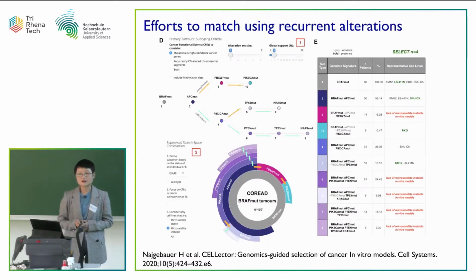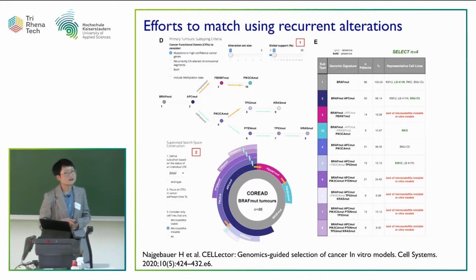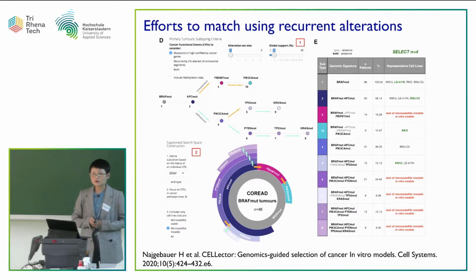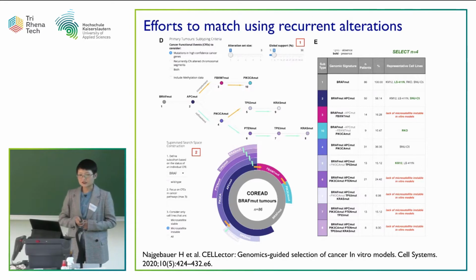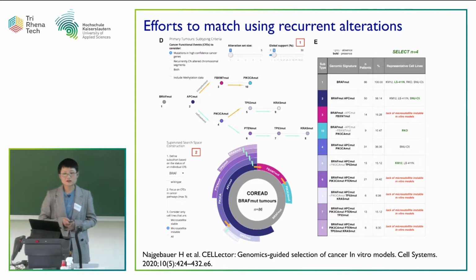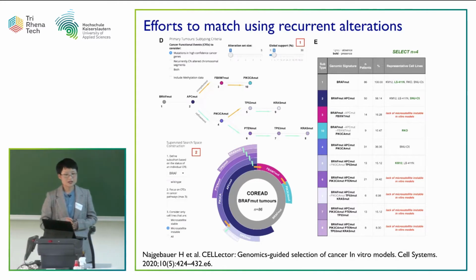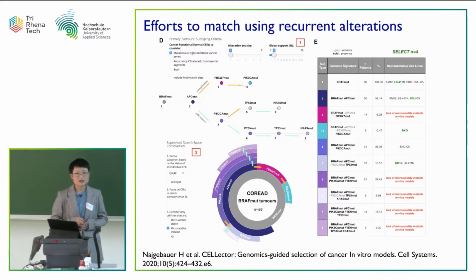There are a lot of efforts that preceded us, just to name a few. For example, SELECTOR. This work just uses a sequence of pre-selected recurrent mutations to identify the subtypes and map the cell lines to bulk tumors. This might be useful. However,